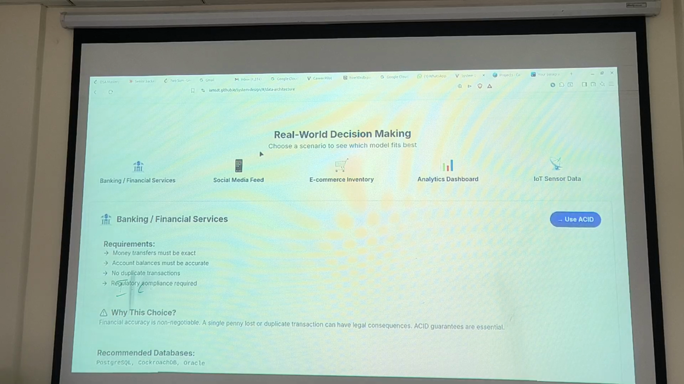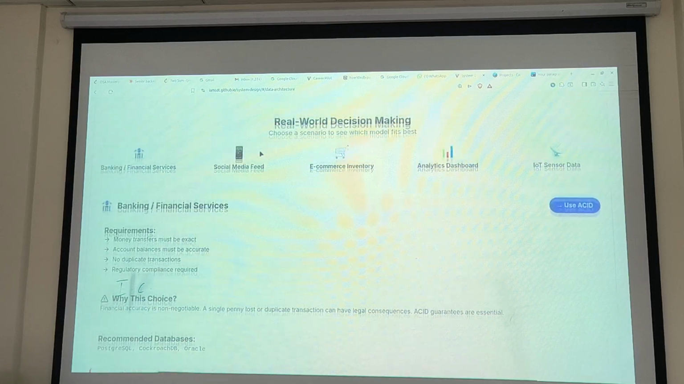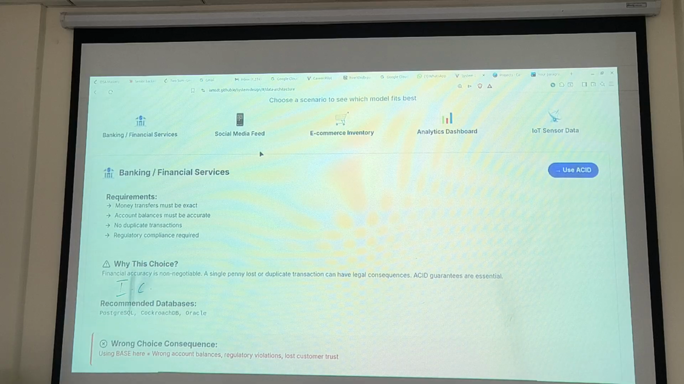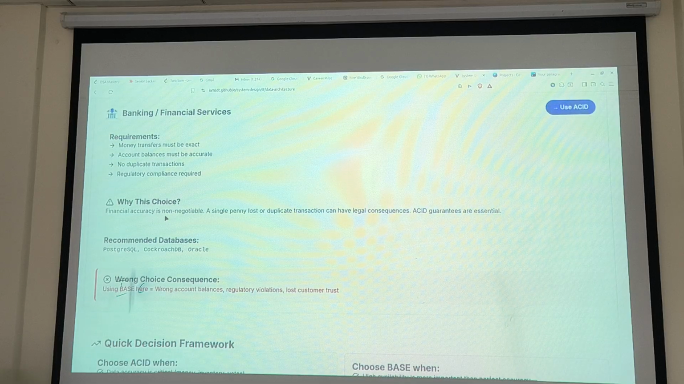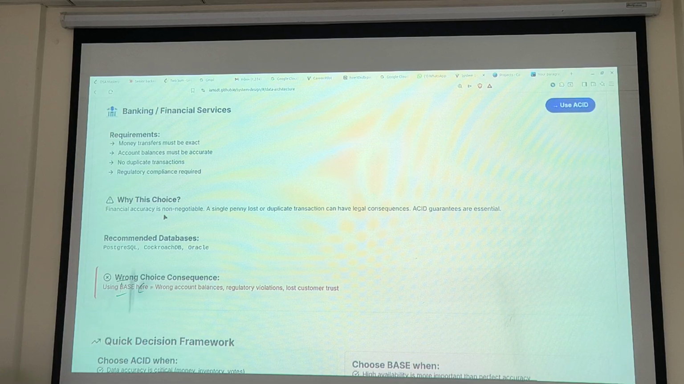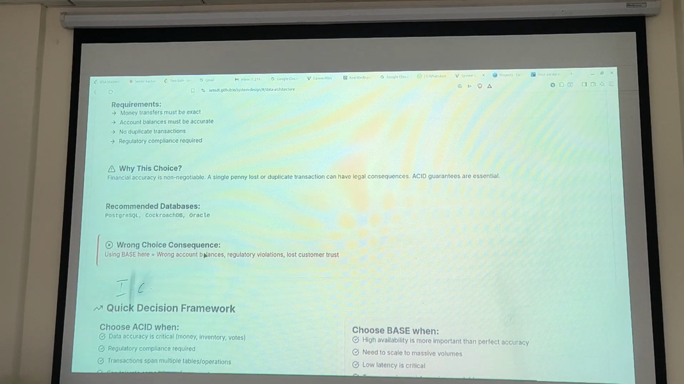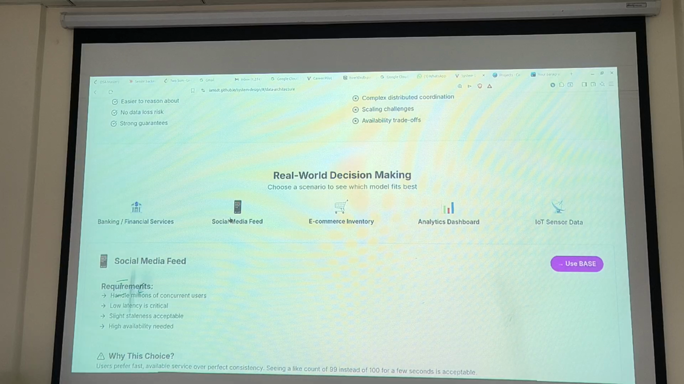Yeah, real world decision making here. Okay. If you are building banking or financial based services, what are the must-have requirements? Why this choice? Okay, you have to give a proper answer. So what database am I going to use? Okay, if you are choosing for a social media feed,